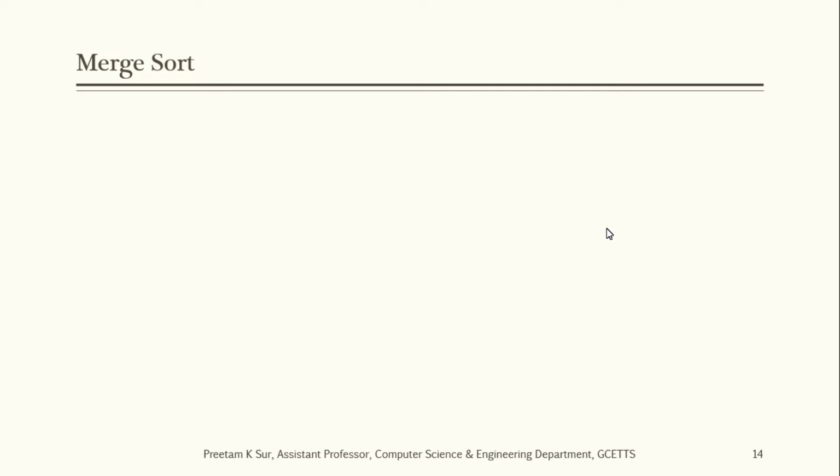As you know, since merge sort follows the divide and conquer paradigm, and any divide and conquer algorithm has three parts. The first part is divide, where we divide the problem into smaller similar subproblems. Next we have conquer, where we recursively solve those smaller subproblems, and finally we have the combine step, where the solutions of the subproblems are combined to find the solution of the original problem.